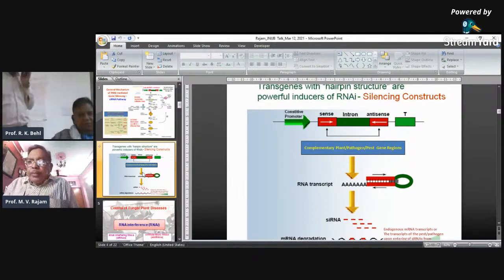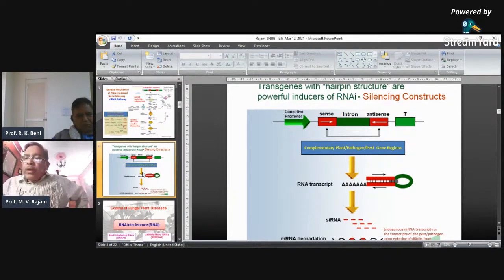So let me explain how we prepare silencing constructs or hairpin RNAi constructs, because these constructs can be used to target or to silence any gene in different eukaryotic systems. Initially, you have to find an important target gene for the control of a fungal pathogen, let's say. After identifying a target gene in the pathogen, you can retrieve the sequence from NCBI, and then the sequence can be used for a BLAST search just to select a region of the target gene which has minimum homology. That means a target gene fragment or partial sequence having low homology can be used for